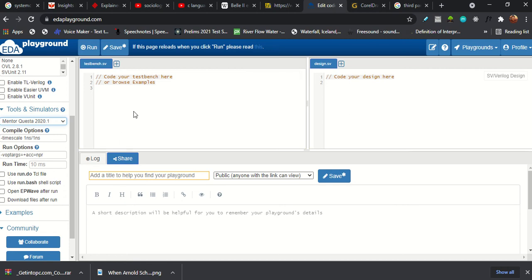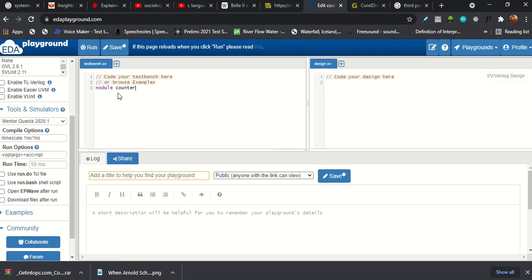Now we will write a simple hello world program in Verilog. Every Verilog code starts with the word module. Module is basically an instance, or it is your design. If you want to design a counter, you have to write module counter like this, for example.